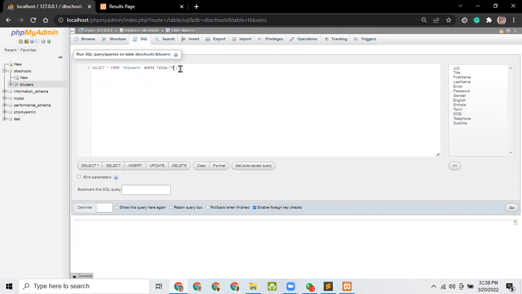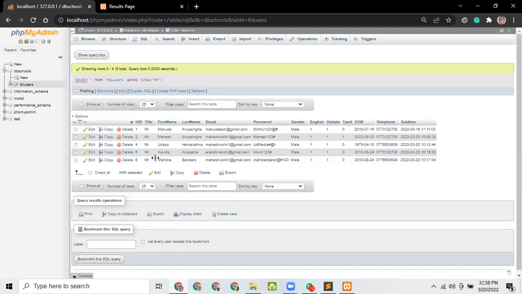Only the Mr. people will come when you run it, and you can see it will give only the Misters. There is no third record; there will be 5 records. Okay, so what are the other fields? Can we see what the other fields are? Male, okay, let's say